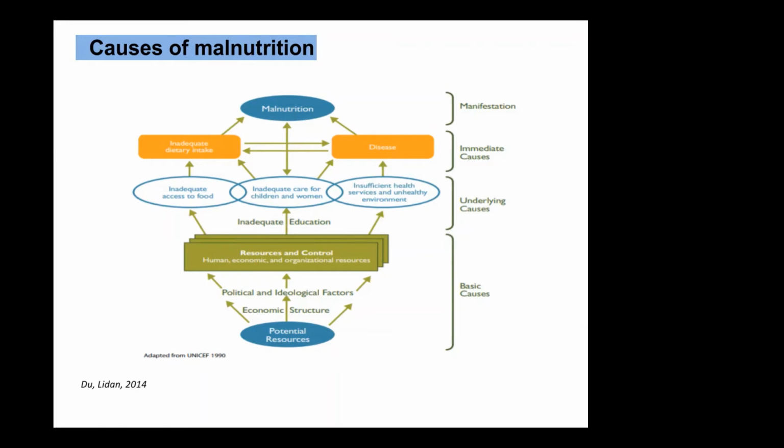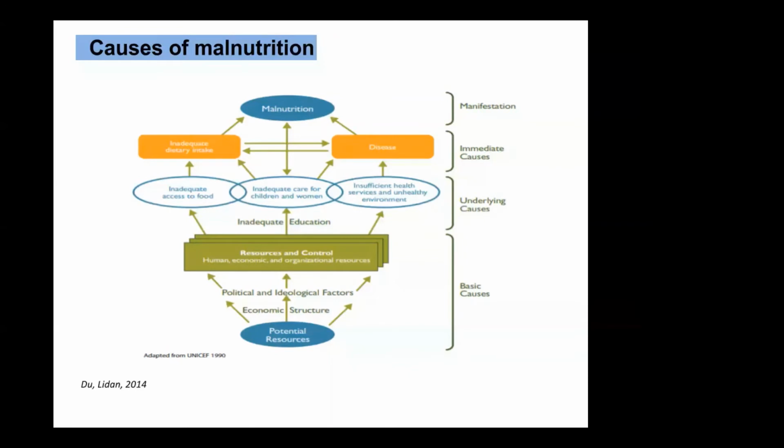The other causes are the inadequate care. We just watched in the video that there were the twins and their father was sick, and they didn't have proper care. So that also contributed to the lack of food, the lack of breast milk consumption. And the other reason is insufficient health services. For example, the pregnancy care services also contribute a lot to the disease, but also the care and the adequate consumption of nutrition supplements, like the iron and the folic acid.